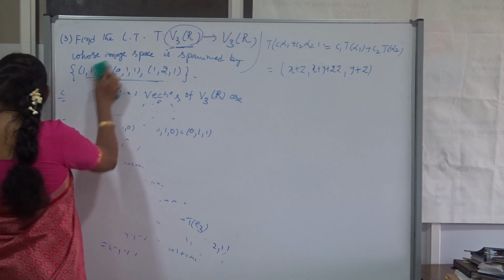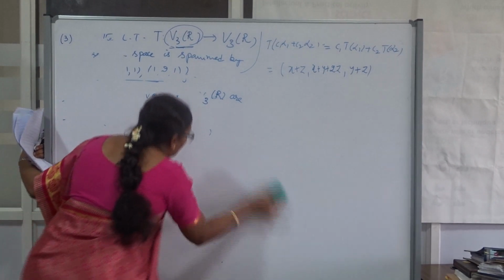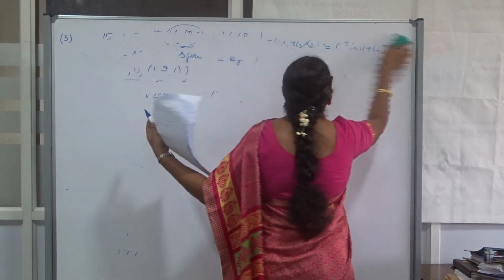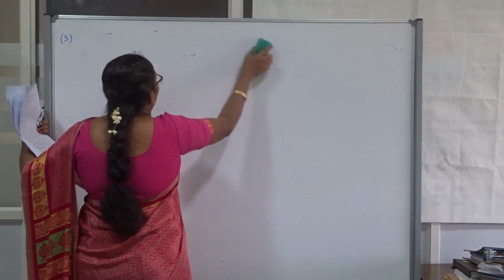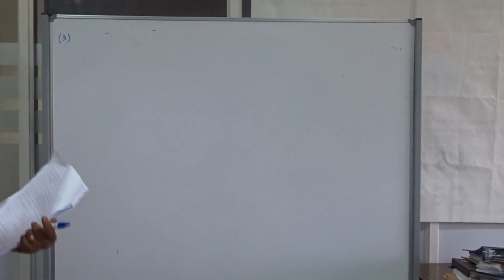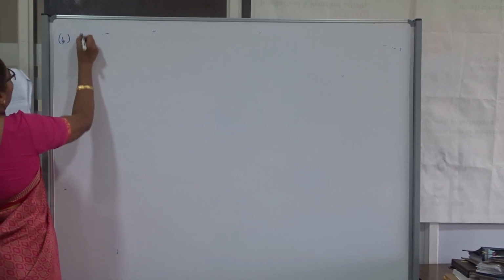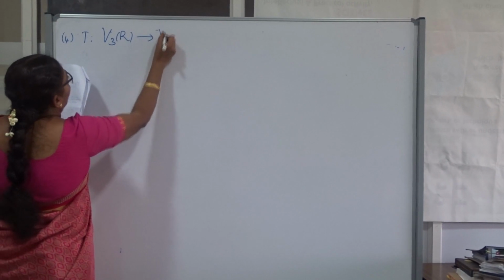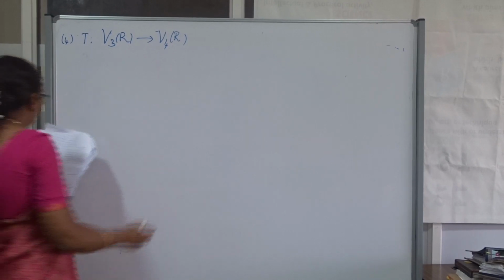Yeah, the problem is T is mapping from V3 of R to V4 of R. Please wait 1 minute, I want to clear the board. Now, the fourth problem: T is a mapping from V3 of R to V4 of R, defined by